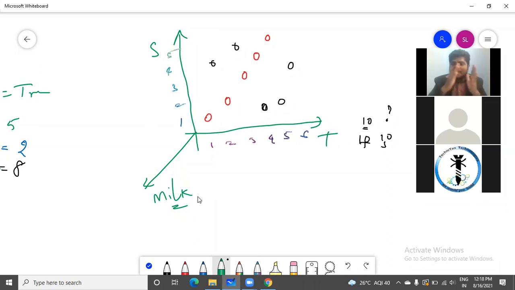If you are using 10 different parameters, where do you plot this graph and come to a conclusion that yes, my relation between tea bags and sugars is this one, milk and all the other places is this one? So how do you create that environment? That is what is known as a multivariate machine learning model. It's simple: if you have more than one input and more than one output, that is known as multivariate. It will be very complicated to understand if you are not much into mathematical representation of any data form.